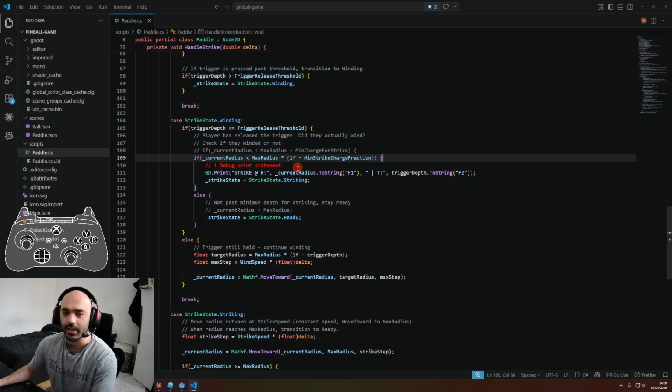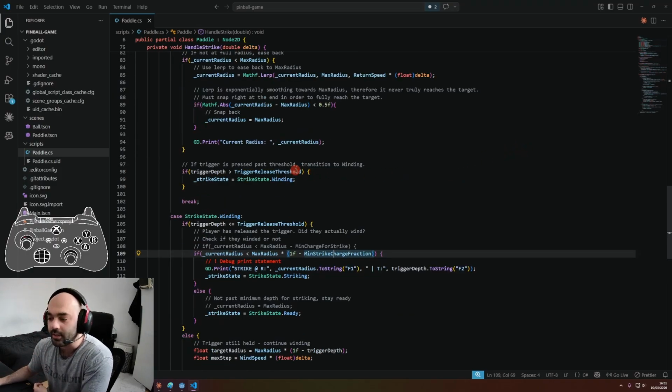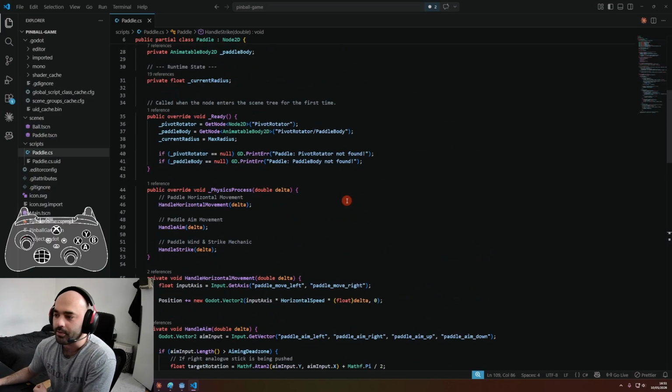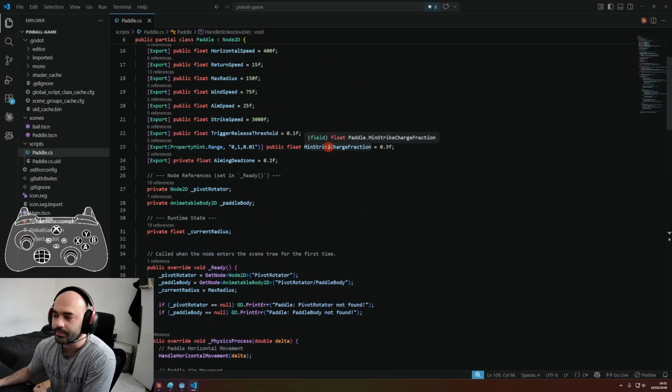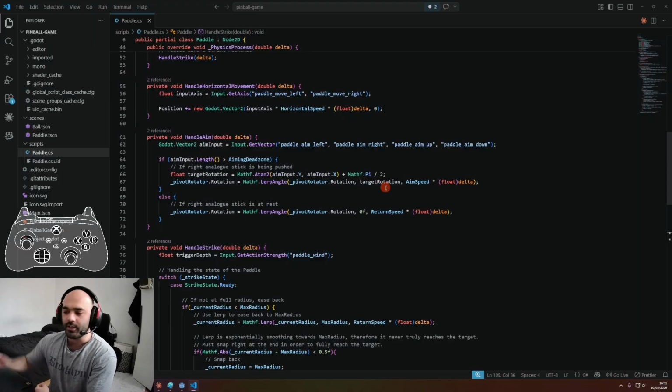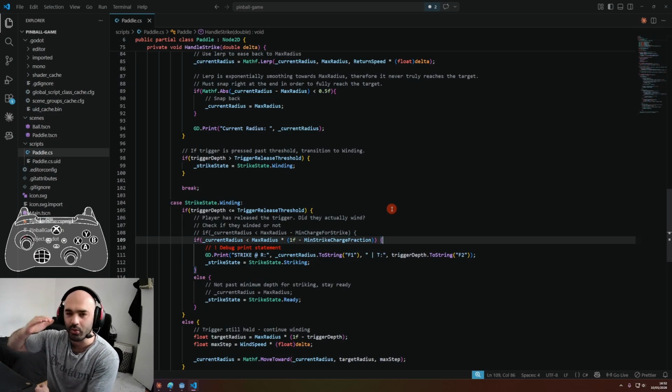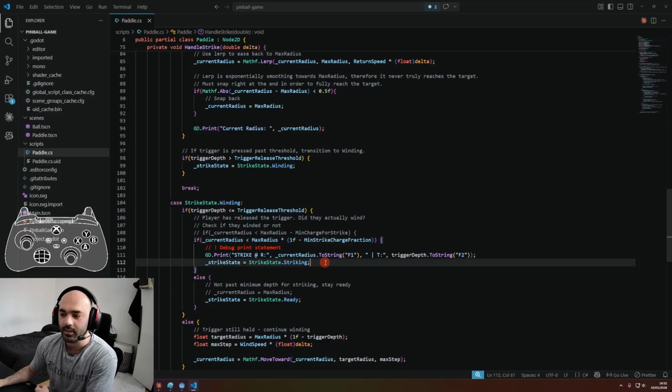Okay, so this checks have we gone past the top 30%. Yeah, so we've got the min strike charge fraction, as I explained before. So this is 30%. If it goes beyond the top 30% of the paddle wind up, then we can say